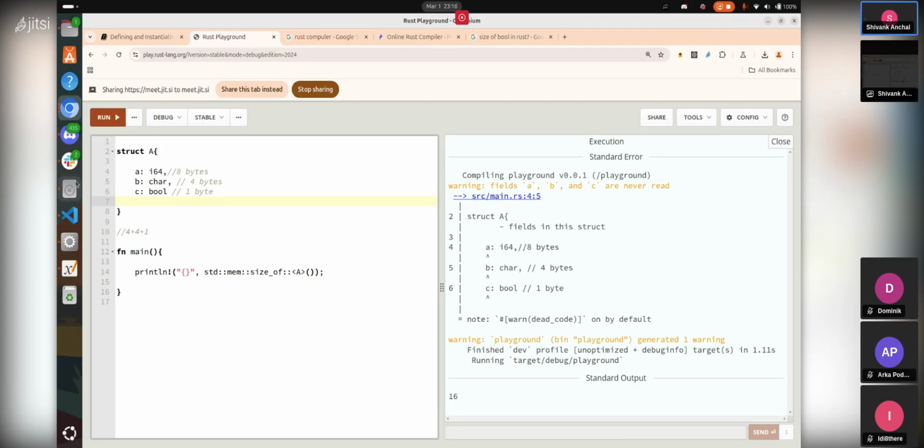What we do is we add all these variables, 8 plus 4 plus 1. So it is coming out to be 13. And the maximum size it can allot is